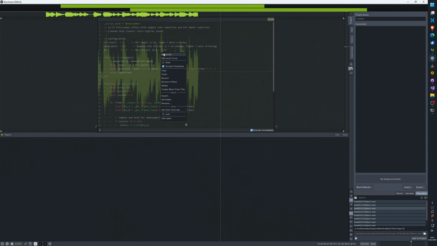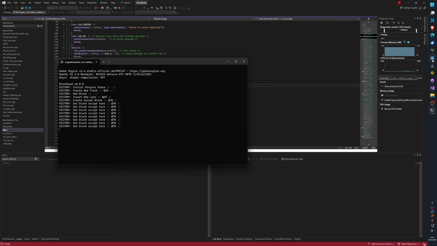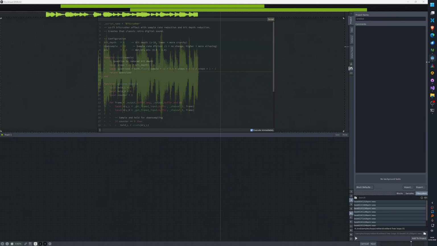Because the editor's just disabled and that's what's preventing editing and scrolling, which is not ideal.